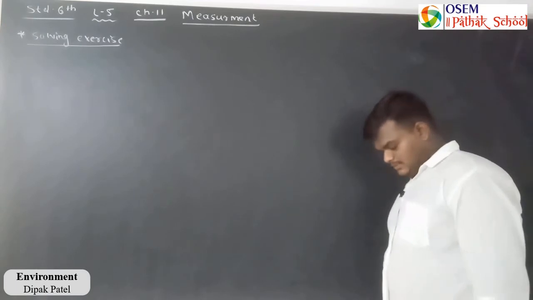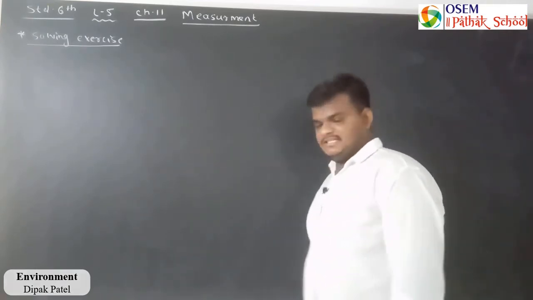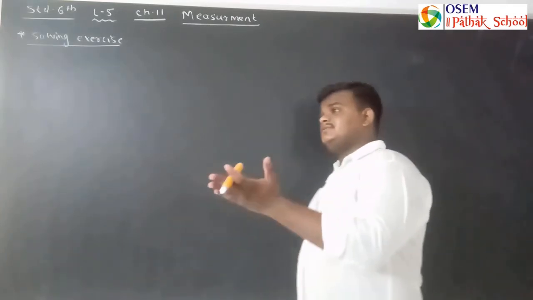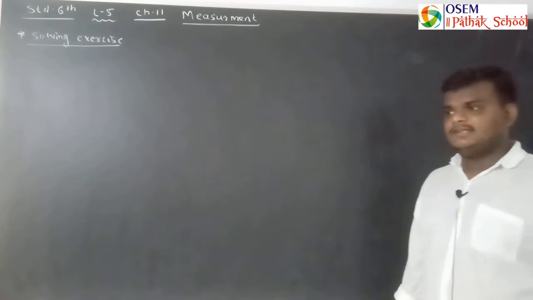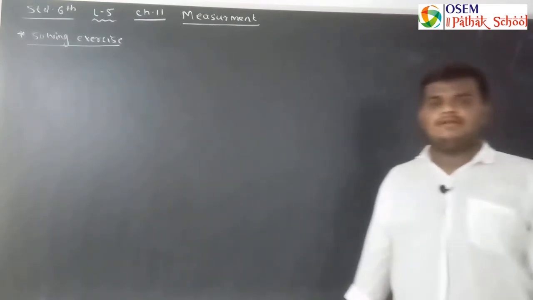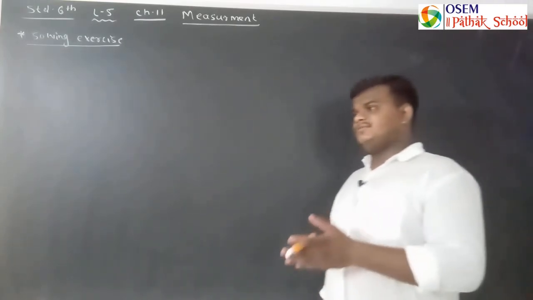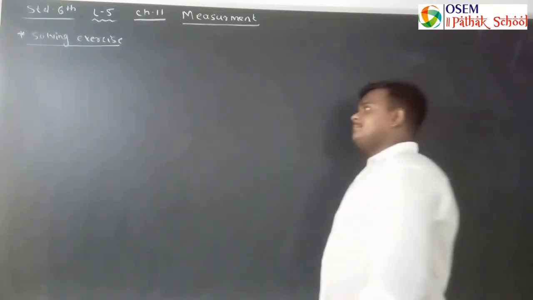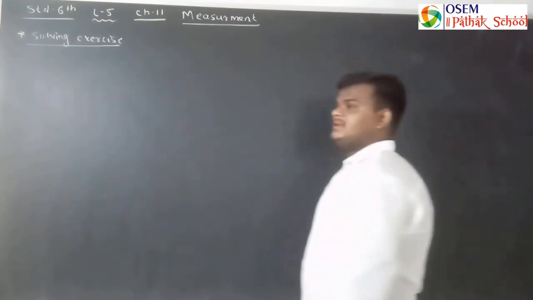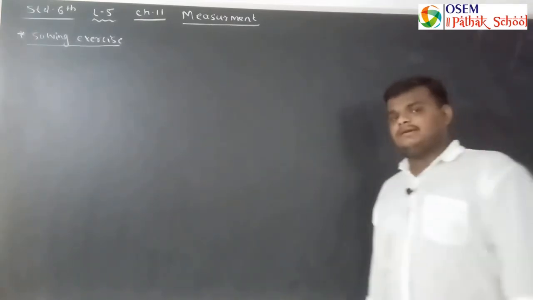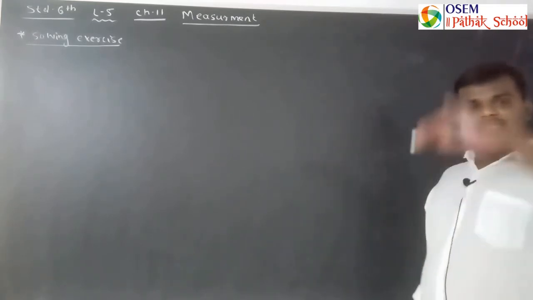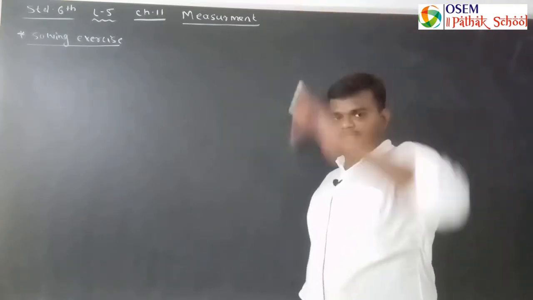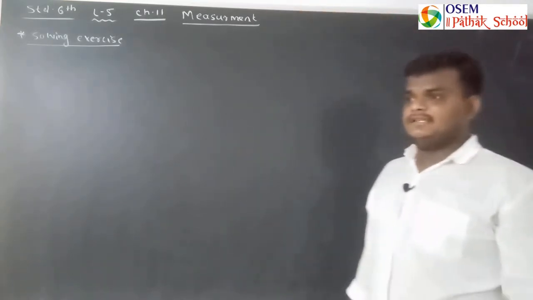The fifth lecture of standard 6 of subject science. So in the previous lecture we had started the new chapter, and that is Fun with Magnets, chapter number 12. Before going further in that chapter, first of all we will complete the exercise of chapter number 11, and it was Measurement. It was given in lecture number 1, lecture number 2 and lecture number 3. So the exercise remains as it is.